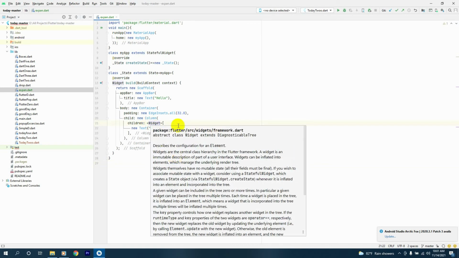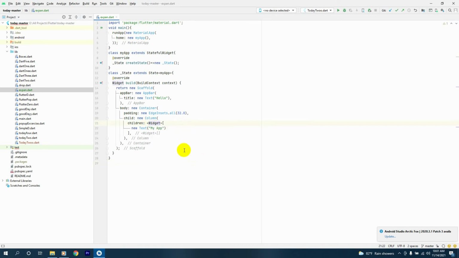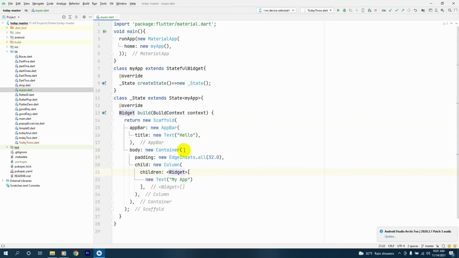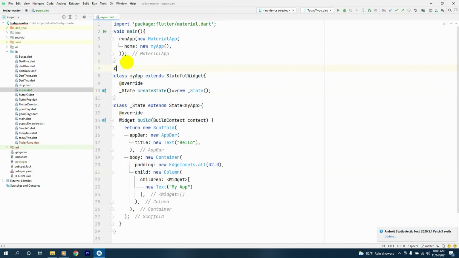Now first of all we are making an expansion panel. For that first we must create a class for the items which will be there inside the expansion panel. So here above the class myApp we say class myItem,